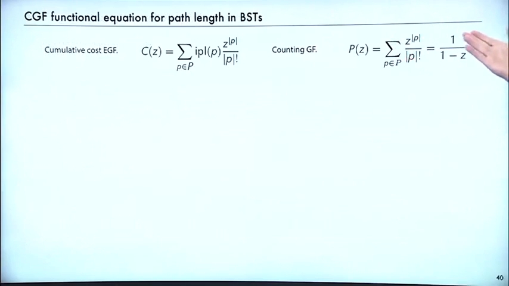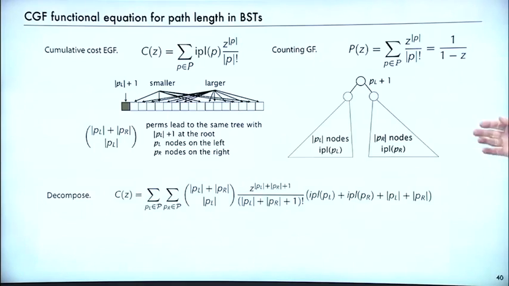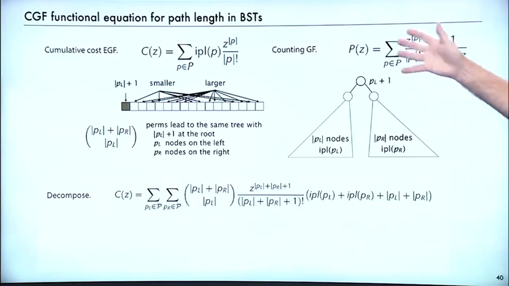So again, this is just a summary. What we're after is an equation that C of Z has to satisfy. And then what we're going to do is use this relationship that we talked about before that gives us all the permutations that lead to the same tree. And so that decomposition